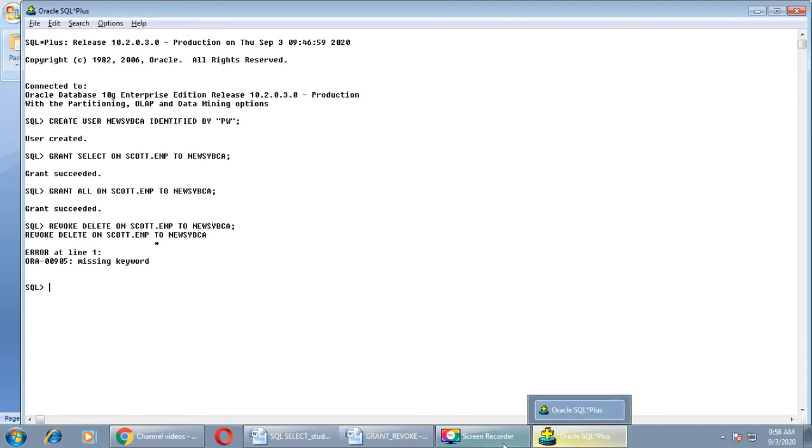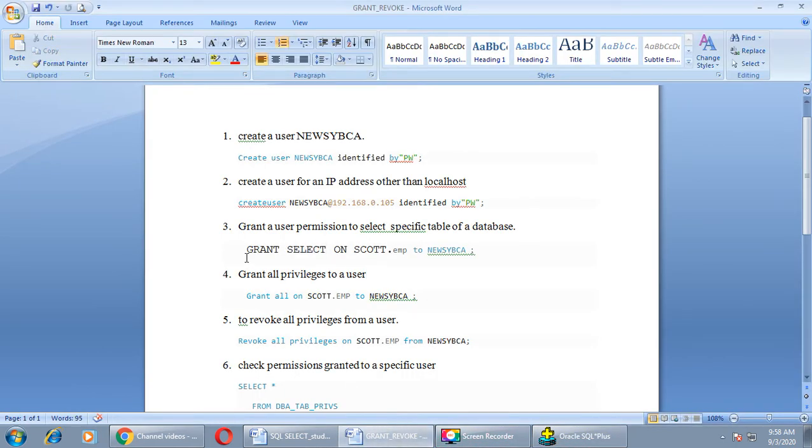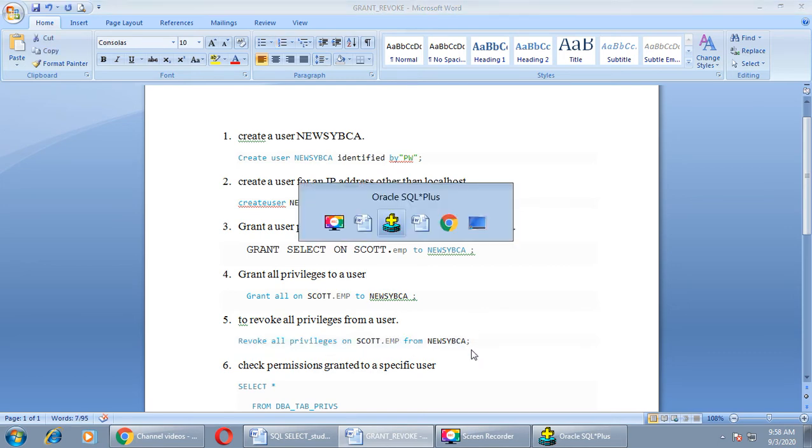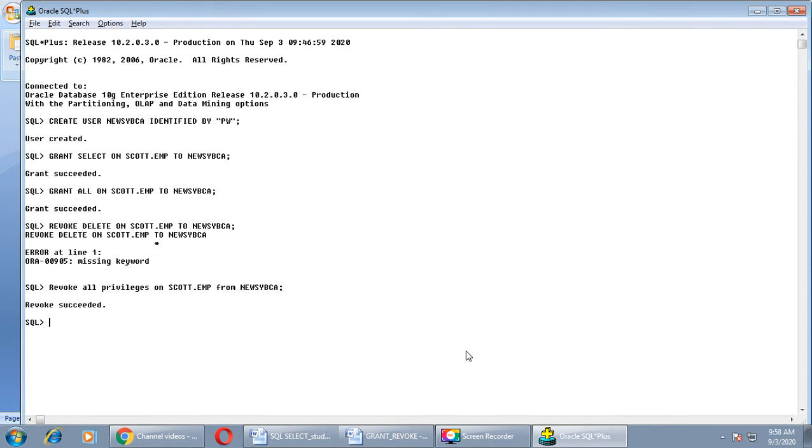Sorry, I have done something wrong. Instead of all, you can write delete privilege on scott.emp from SYBCA. Here what we have done is to take back all the privileges from user new SYBCA by writing all with revoke command, right?